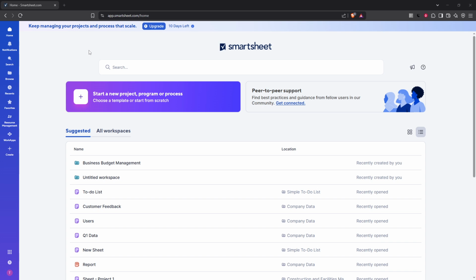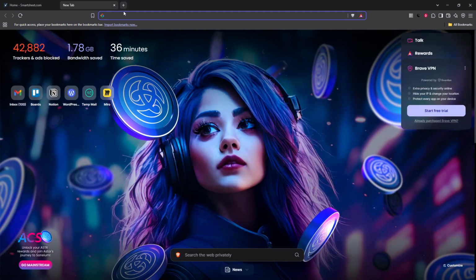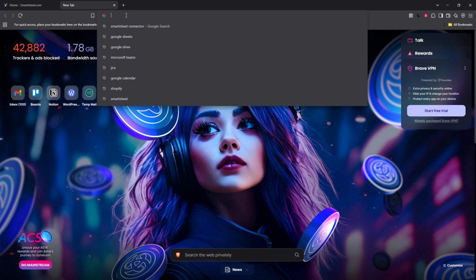Let's kick things off by using your browser's dark mode settings. For this, we'll be focusing on Chrome, which will also work for Edge users. This trick is simple and straightforward once you know where to go. First, you'll want to open a new tab in your browser. This way you'll have a fresh canvas to work on without disrupting any other tabs you might have open. In the address bar of this new tab, type in the following URL,